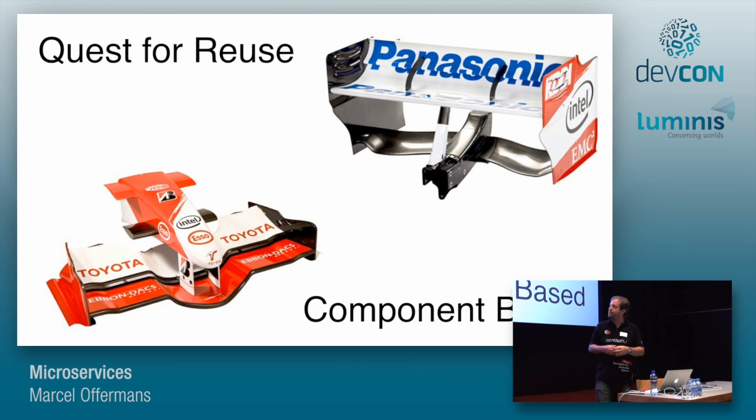And the analogy with Formula One cars is quite good. You can replace those components on those cars pretty quickly. At a pit stop, they do it in a couple of seconds. They can keep optimizing these components, and they do that for every race, trying to get the most out of them. And these components also serve a very clear purpose, namely generate as much downforce as you can and transfer that to the car. So there's an analogy with that, and component-based techniques in software can help us create something that's more easily reused. And well, microservices is one of the architectures that you can use for that.